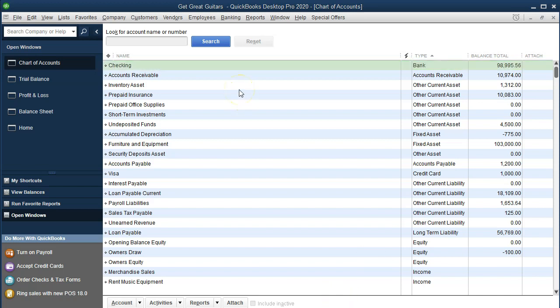This list of accounts can be kind of daunting to look at. It can look like a lot of information to put in place when you're setting up QuickBooks. You might think, well, how am I going to set up all those accounts? Just note that when we set up QuickBooks from scratch, then we typically will be picking a list